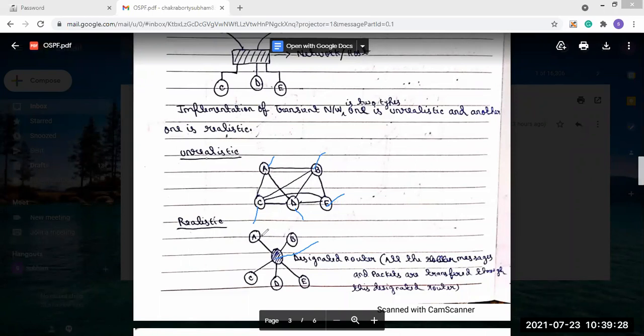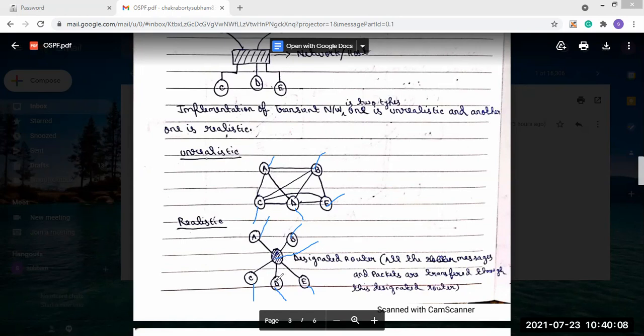You can see router A, router B, router C, router D, and router E. All these routers are connected to the designated router. If A and B want to communicate, then A has to send the message or packet to the designated router, and through it, it will pass to B.